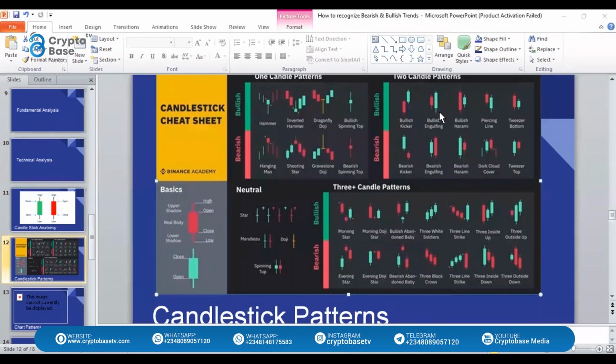You are going to see where you are going up, and then you are going to see where you are coming down. Even for the sake of time, I should have just opened my TradingView and done that for you guys. But that's not even the essence of this meeting. The essence of this meeting is for you guys to understand how these analyses work and how to use them to determine the beginning of a bullish market and the beginning of a bearish market.